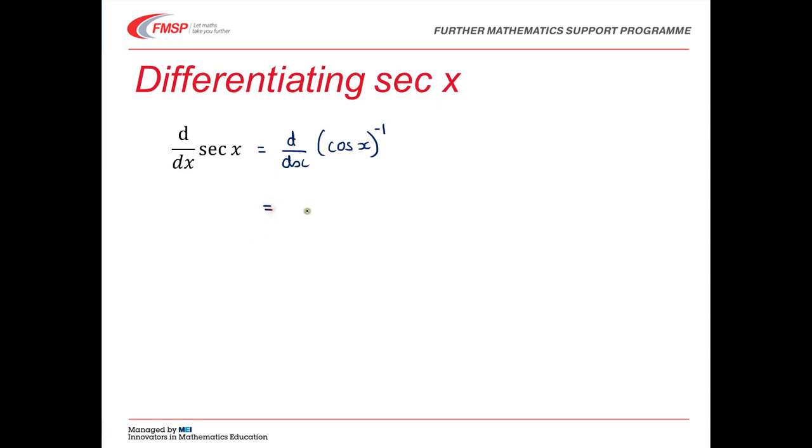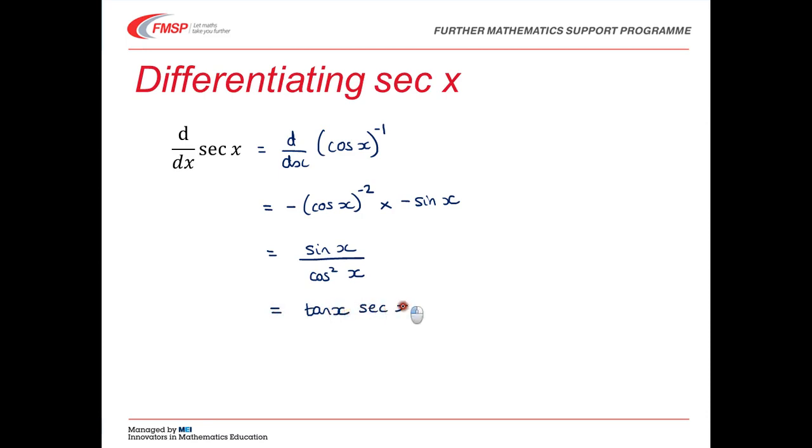So thing to the minus 1, differentiate it, and I get minus thing to the minus 2. Now differentiate what's in the bracket, the thing, differentiate cos x, and you get minus sin x. So the two minuses will cancel out, and I get sin x over cos squared x. That sin x over cos x is tan x, and I've got an extra 1 over cos x, which is